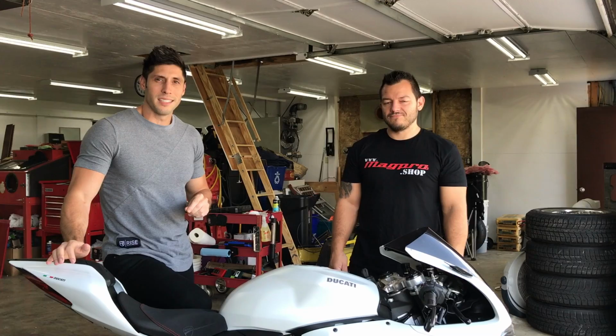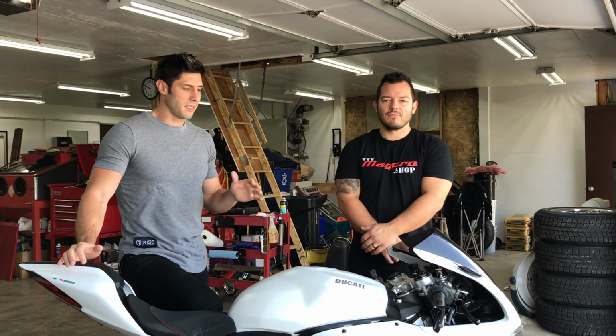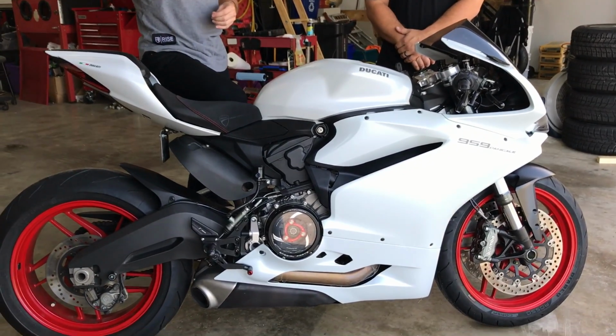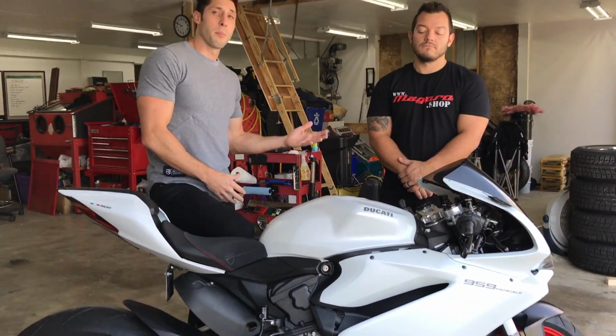This is a custom Panigale series. If you don't know what that is, it's basically a series where we take this beautiful 959 Ducati Panigale, we customize it with the support of our patrons, and then we give the bike away to one of those people